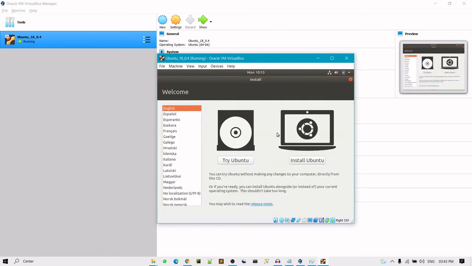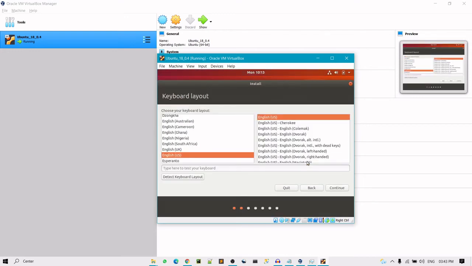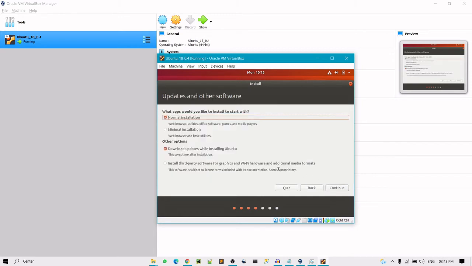Okay, so you need to install Ubuntu here. Just click on install Ubuntu. Click on continue. Here it's asking for normal installation or minimal installation.